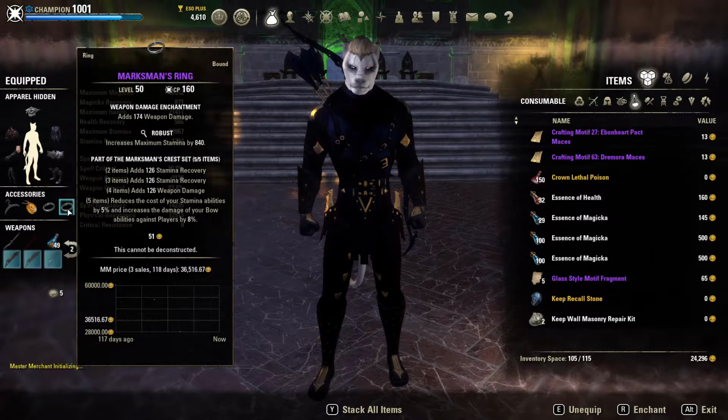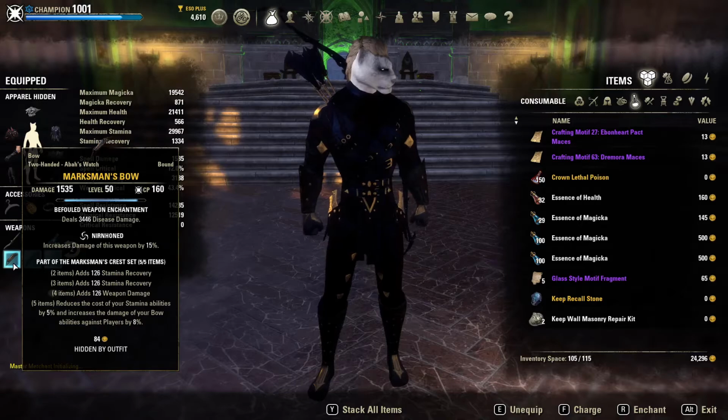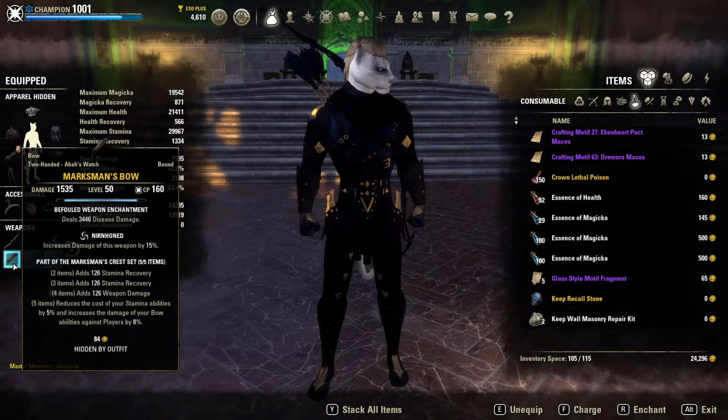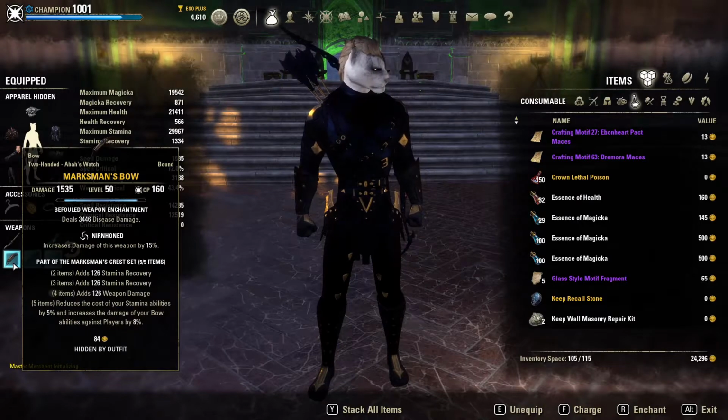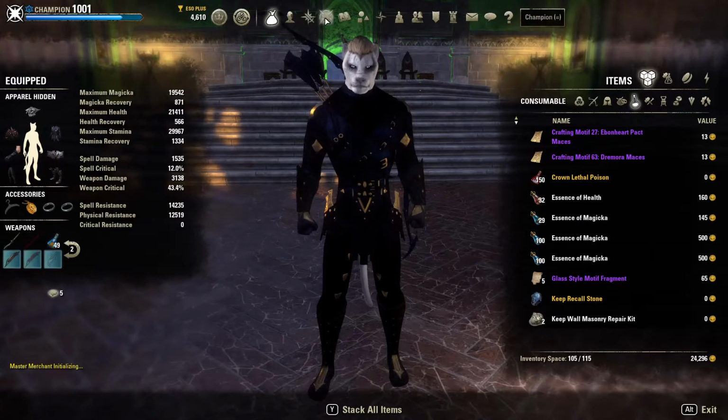And so we're doing weapon damage on all those with Robust, and then my bow is a Nirnhoned, so we want that biggest pop that we can get off of it, and Disease Enchant. Anyways, I felt like Marksman was the way to go. That was the play. When we look at our champion points,